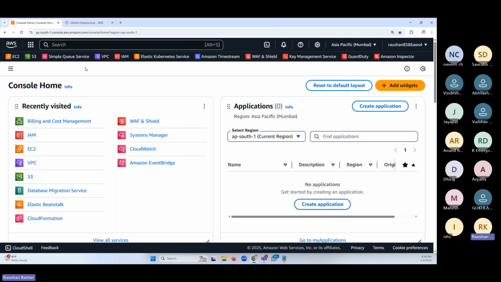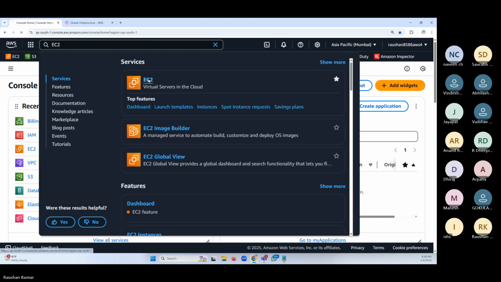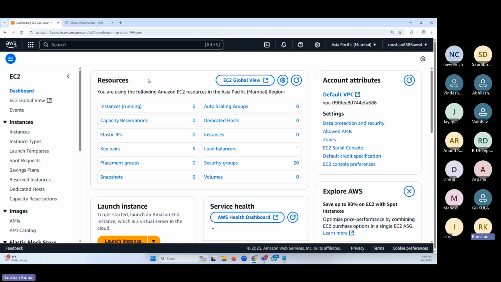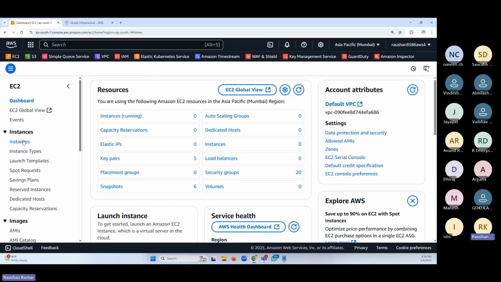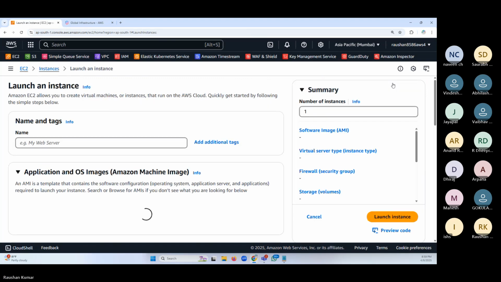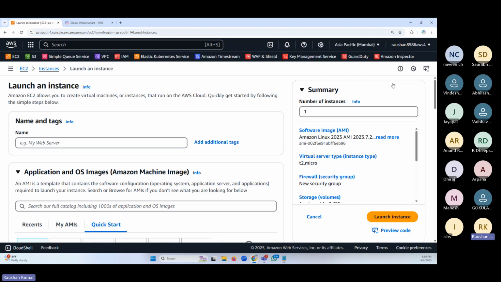So let me just continue that, friends. We have done that yesterday. Let me repeat that. Go to EC2, search for EC2 here. It will open the EC2 module, and you have to create the server. The first step is to go to instances and launch instances. See, very simple, there is nothing to be done. Just leave it, just use the default.